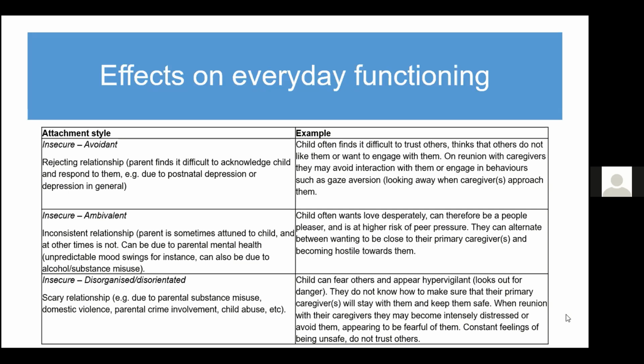And I guess what's important when we're looking at these different styles of attachment to reflect upon is that schools are usually really busy places. There's lots going on, there's lots of different adults. And if you don't have a good attachment to your caregivers, and therefore haven't developed that ability to regulate your emotions, it can feel like a really stressful place. And it also leads to a lot of difficulties in terms of making new relationships with adults and peers. So for those children that we have in our schools with attachment difficulties, school can feel like a really overwhelming environment, and it's important that we keep that in mind.